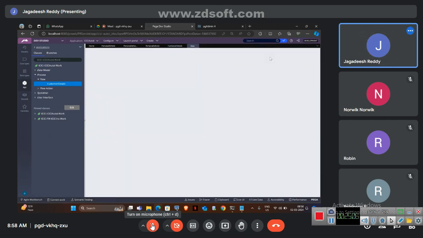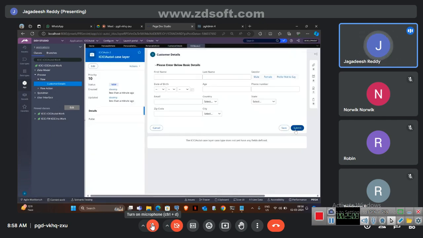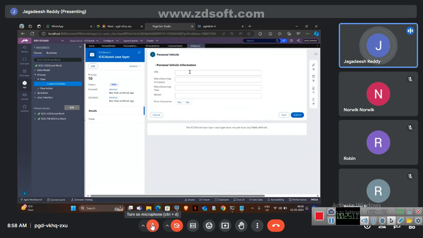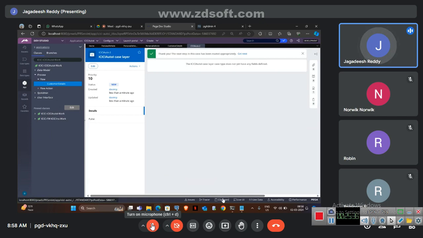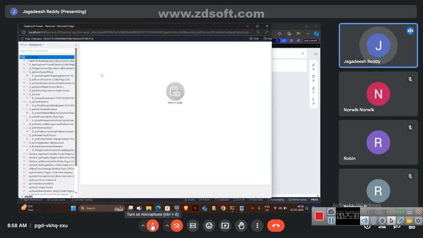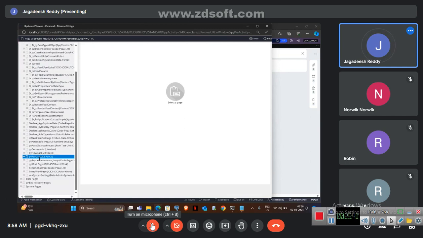Action, run, and click on submit. See, this is the personal vehicle information screen. Okay, let's suppose I'm entering some random numbers. It's submitting. Now, if we open the clipboard, how the page properties will be seen in the clipboard is,